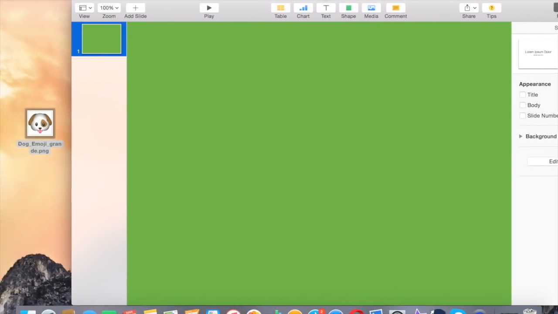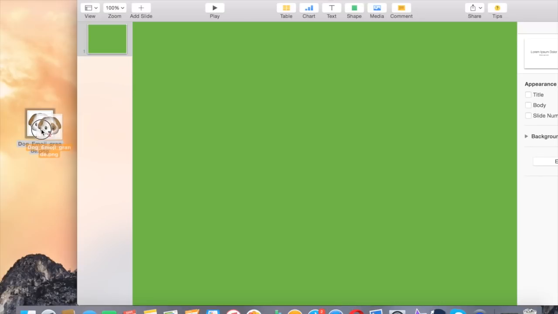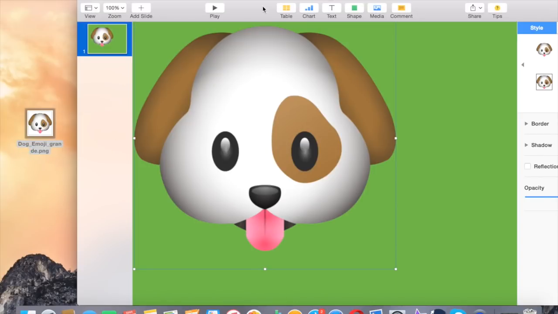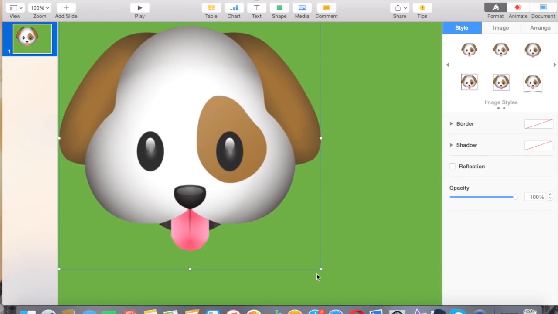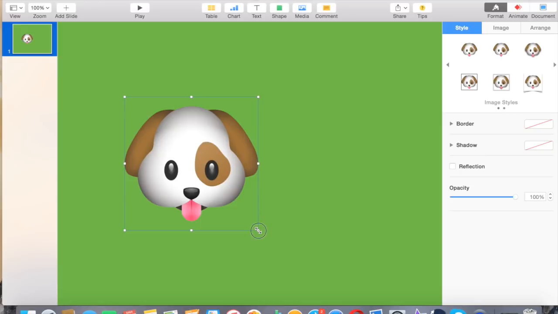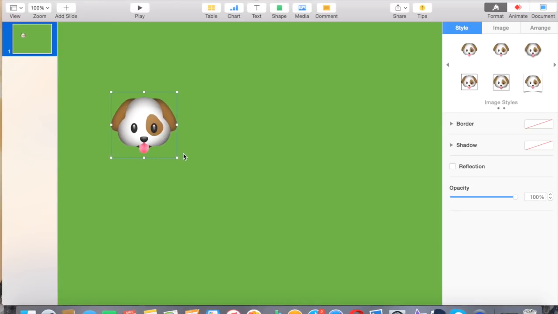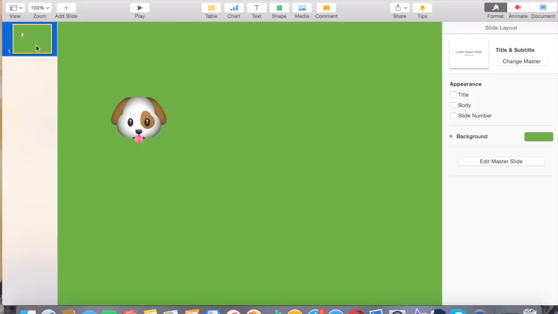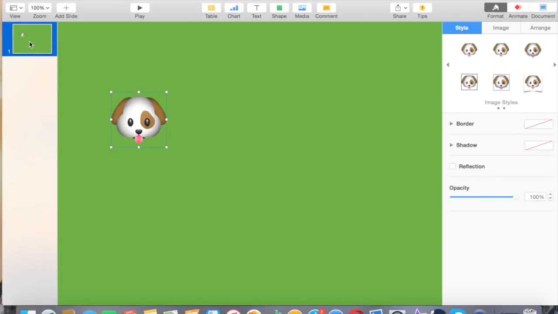Then you want to move this so that the dog emoji is now open. You want to click on it and drag it onto the screen. Now we won't be needing the dog emoji anymore. So now you're going to resize it to your liking to make sure it fits in. And over here where I'm pointing, that shows you how it's going to show up on your computer. So I'm just going to drag it in the corner, and obviously we're going to need a lot more of